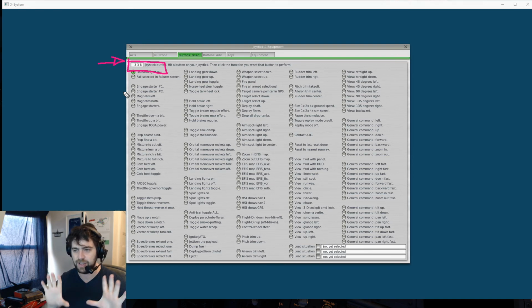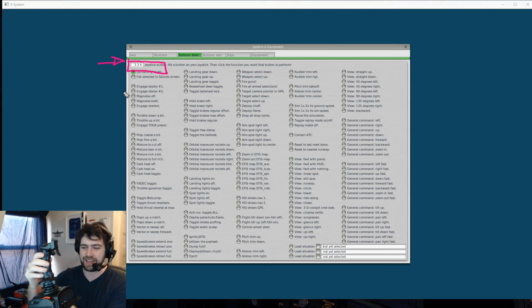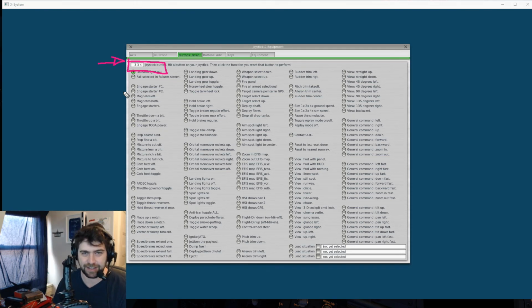XPlane 10 assigns button numbers to each of the button presses, whatever they may be. This is where it gets tricky, because if I hold the modifier, let's say I press the trigger, it's 334, our eject button is 333. Now what happens if I hold the pinky? I actually can't remember, so let's find out. It's a different number! Holy crap! Anyone would think I planned this out. I actually didn't. So our little pinky button here, which as we described earlier is a shift modifier,